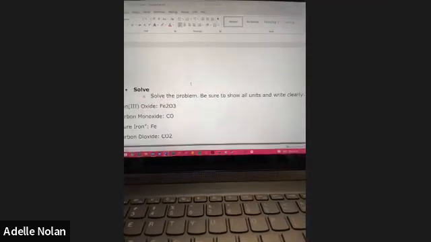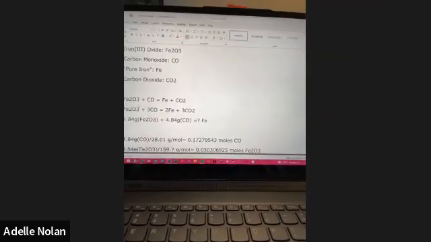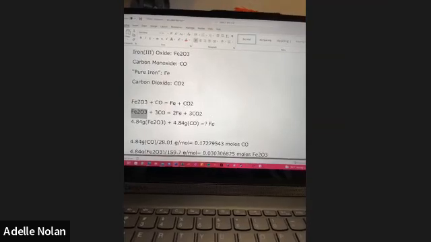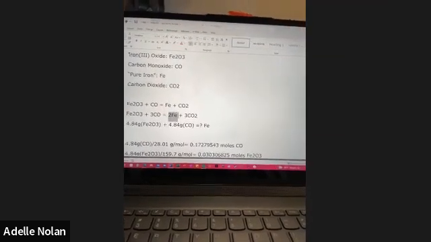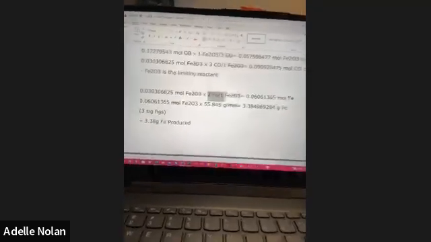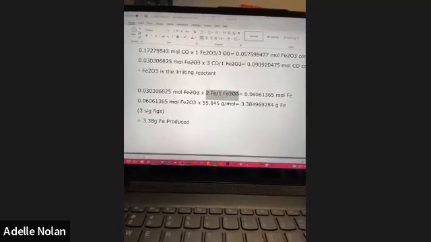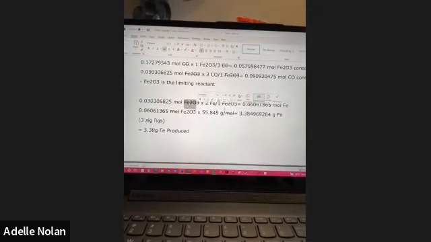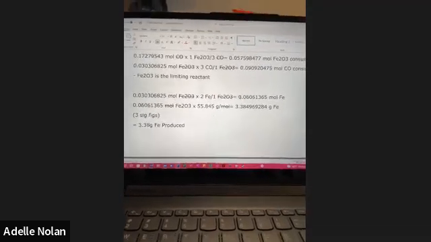Once again, if we go back to the balanced equation, we see that our iron oxide, we only use one of these, but we have 2 of the iron in our product. So because of that, the ratio is the 2 iron over 1 iron oxide. And then the iron oxides cancel out. And then what you're left with is